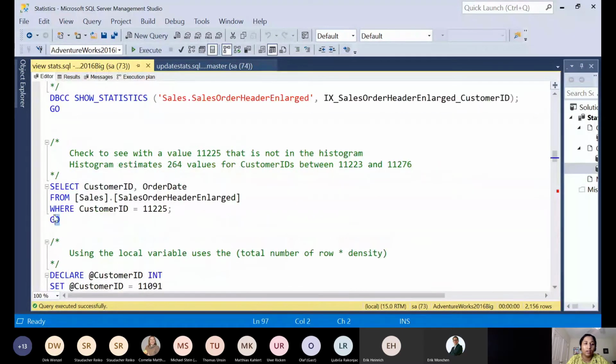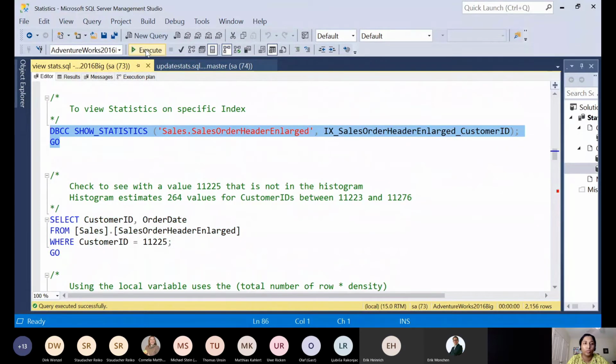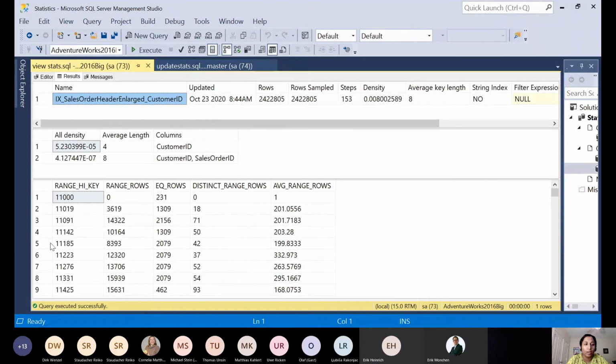Now let's take a different value which is not represented in the histogram, 11,225. When you check DBCC SHOW_STATISTICS, that 11,225 value comes in between this value and this value. So the estimate happens by taking the average range rows value, which is 263.5.